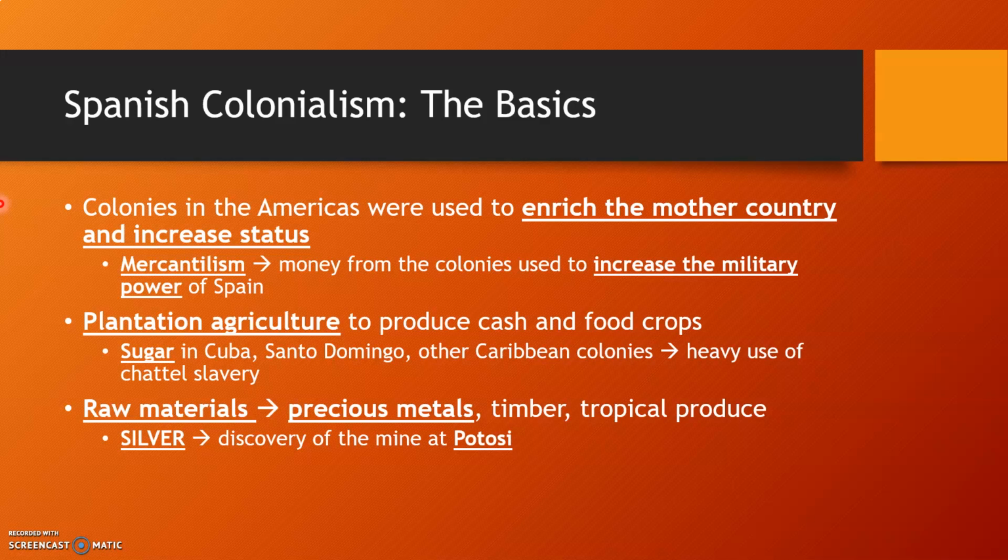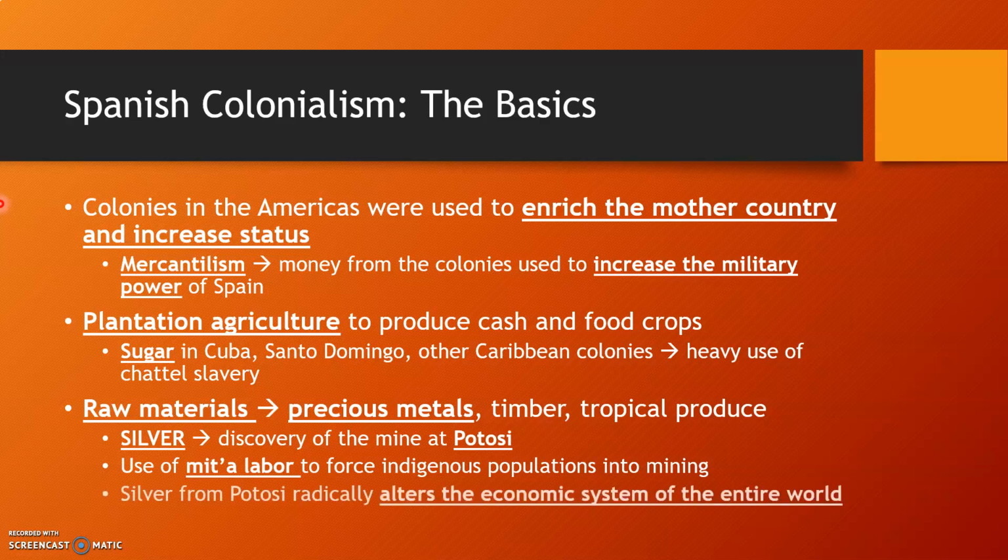Ships carrying silver came all the way across the Atlantic and all the way across the Pacific, and they flooded the market with this American silver. Now, that is actually going to be a big problem later on. We'll get into the economics of it later. The Spanish also decided to lean heavily into the use of mita labor, like the Incan system of labor taxes. But now the process isn't reciprocal. The native populations aren't getting anything back by providing their labor. They're just being forced to do it.